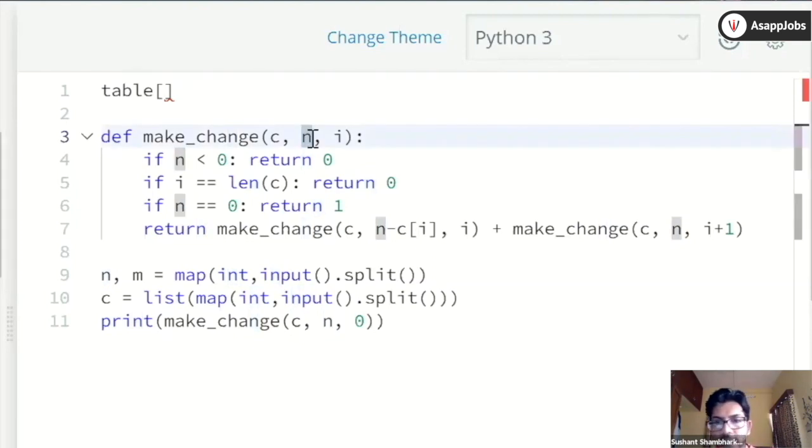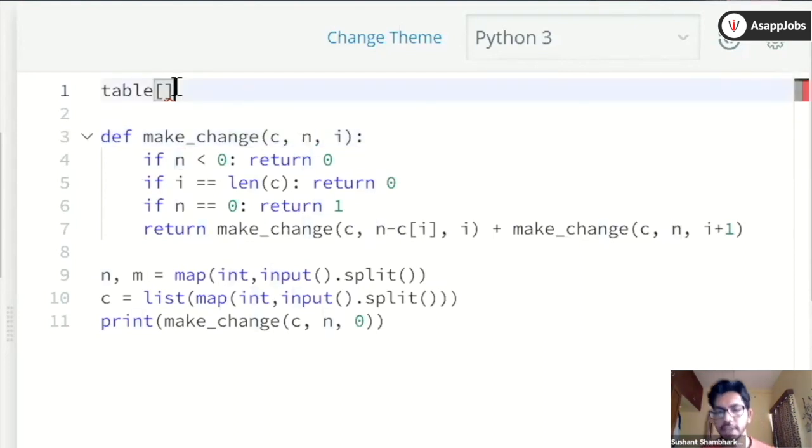So can anybody suggest any data structure for that? Because you won't be able to use an array here, obviously, because an array is based on index, and the index has to be bounded by some limit. We should use a hash-based data structure here. In Python, there is a data structure called dictionary, which is hash-based. In Java, there are maps. So let's create a two-dimensional table here, and then we can modify it to a dictionary. Let's just see whether we will be able to solve the problem or not.